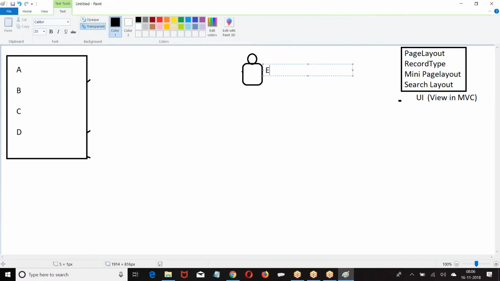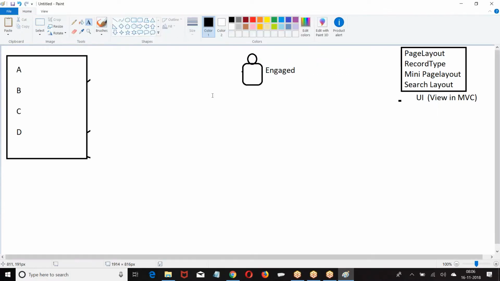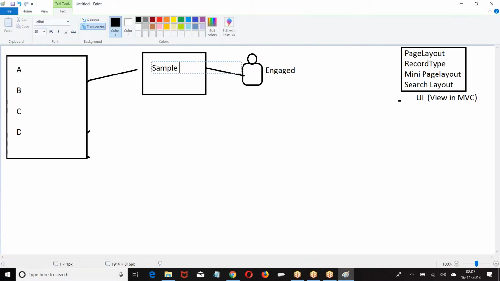This guy has a profile, engaged, not a married boss, only engaged. This fellow forgot to wish his girl on her birthday. Then what happened? Only a sample of his feature will be shown, not a complete page layout. A sample of your feature will be shown, which is called a mini page layout.